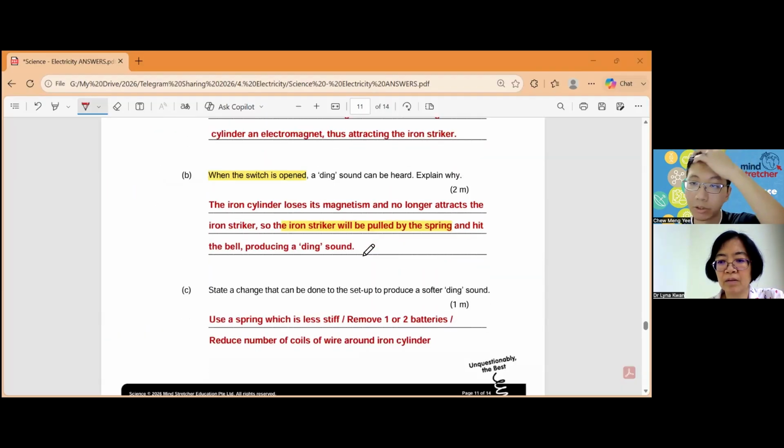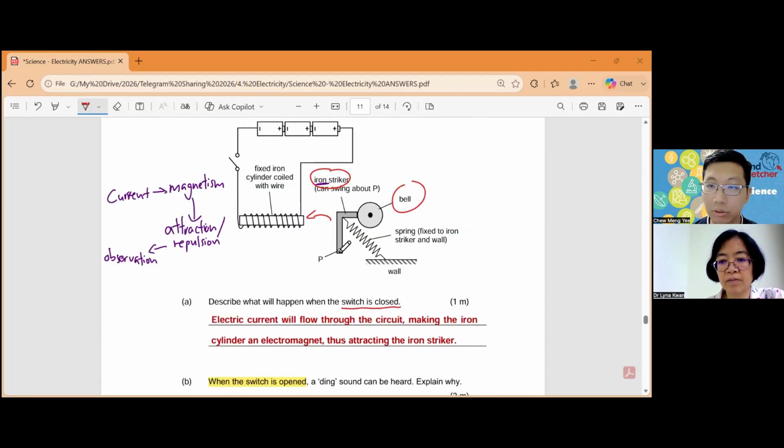Yes, how does the strength of the electromagnet affect the sound? The strength of the electromagnet, right? So you see, if it's a stronger magnet, you will pull it closer to itself. You pull it closer to itself, it is stronger. If it's a weaker one,